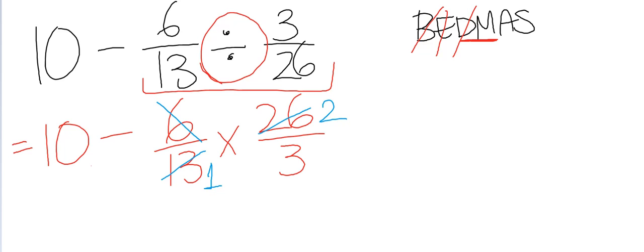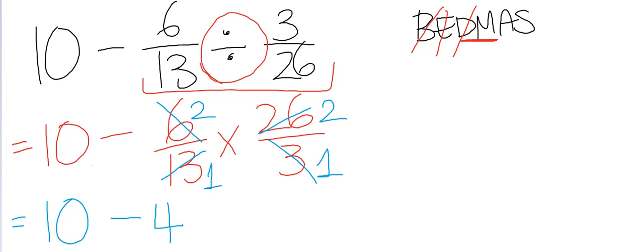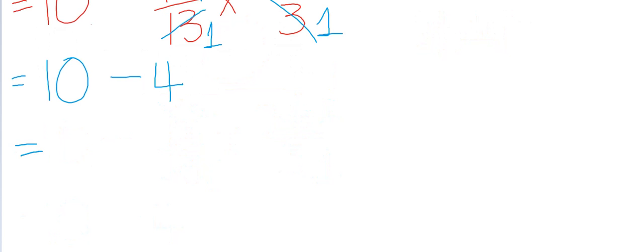And I can also cross out 6 and 3, because 6 divided by 3 is 2, and 3 divided by 3 is 1. It would be 10 minus 2 times 2, which is 4, 4 over 1, which is 4. So we don't have any more multiplication, we don't have addition, but we still have subtraction left. 10 minus 4, this section over here, which is 6. And that is my